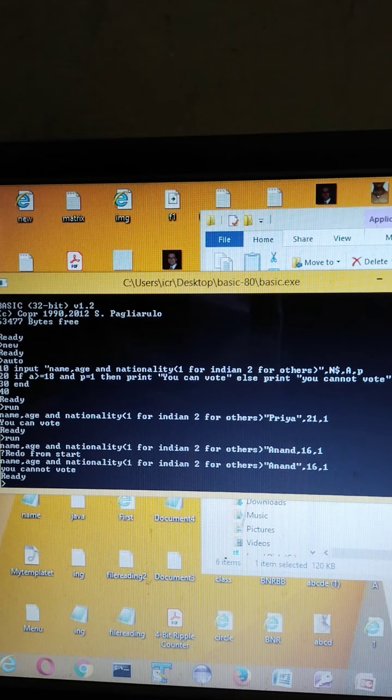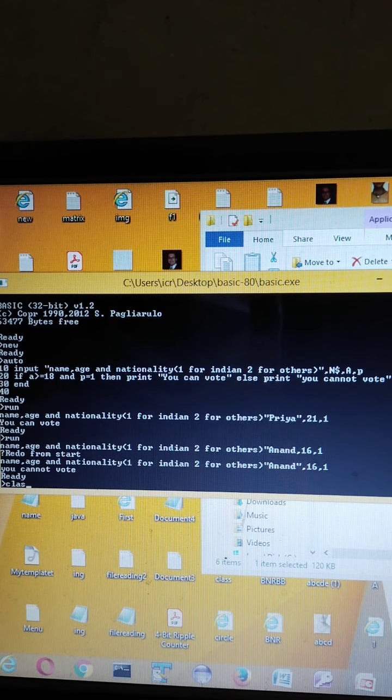For capital A to Z, the ASCII code is 65 to 90. For small a to z, the ASCII code is 97 to 122. And for 0 to 9, the ASCII code is 48 to 57. So we have to input the ASCII code of a character. Okay, so let's take the ASCII code.